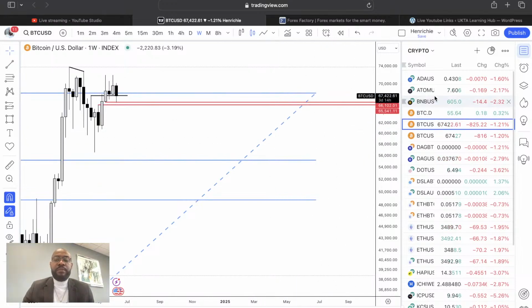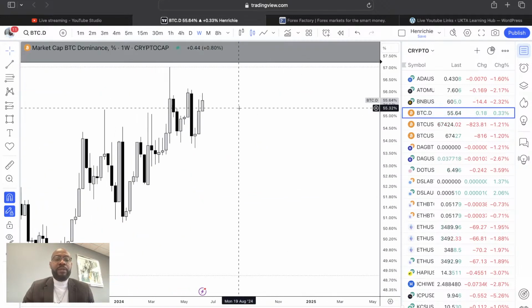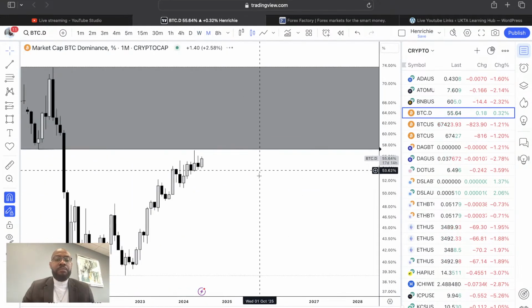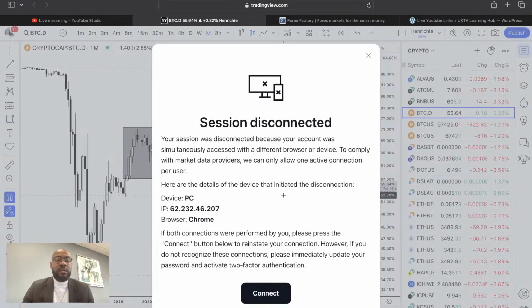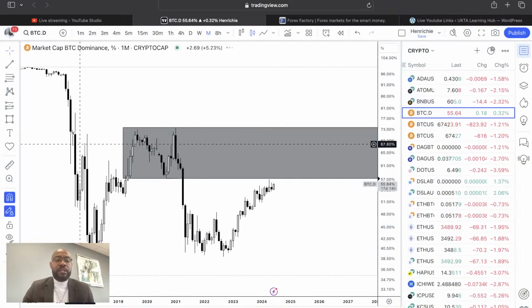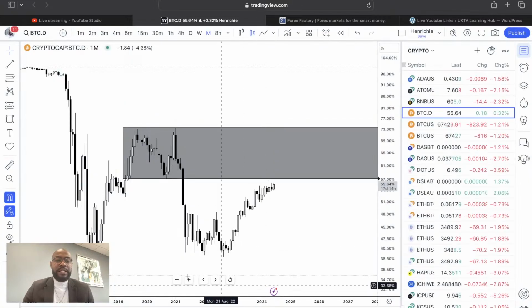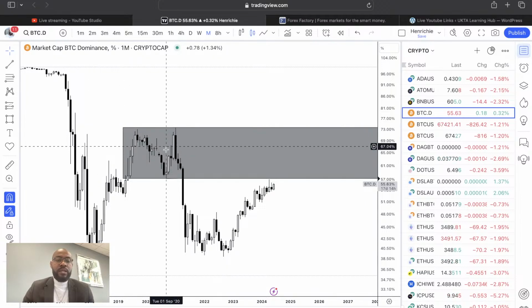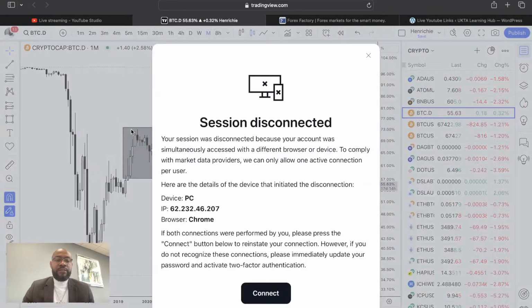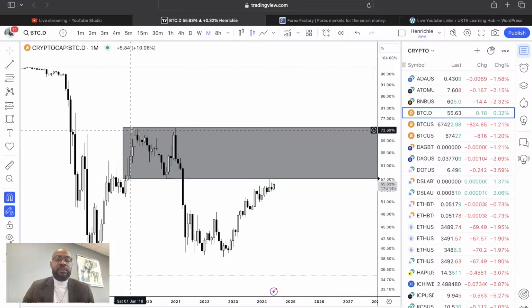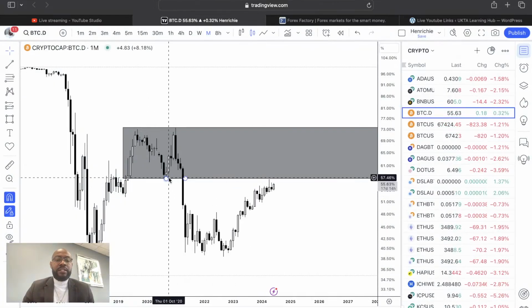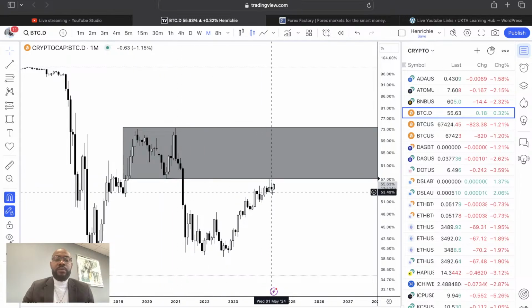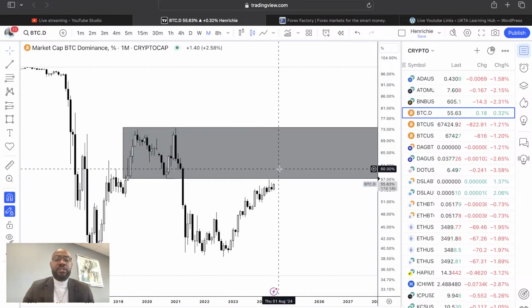Another thing to put into perspective when it comes to Bitcoin and crypto is the Bitcoin dominance. As you can see, the Bitcoin dominance on the monthly time frame is bearish. The monthly time frame is very bearish. This high right here took liquidity from the previous high, and after that run on liquidity, we dropped down, breaking structure, breaking this structure right here. So if I do see price mitigate this position, I'll be looking for a potential sell-off to go to the